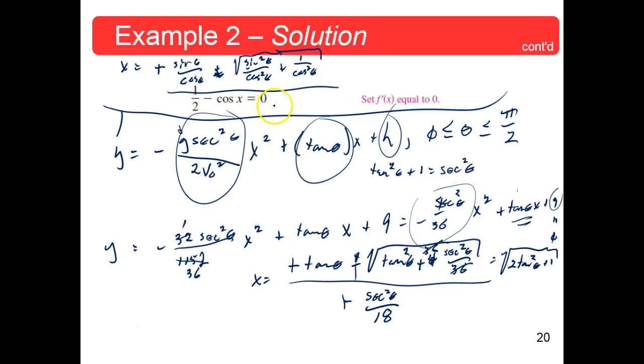Divided by 1 over 18 cosine squared theta, which is then multiplying. So what this comes out being is 18, from that being pulled up to the top. You have a cosine squared theta now on top and a cosine on the bottom, so this would be a sine theta cosine theta